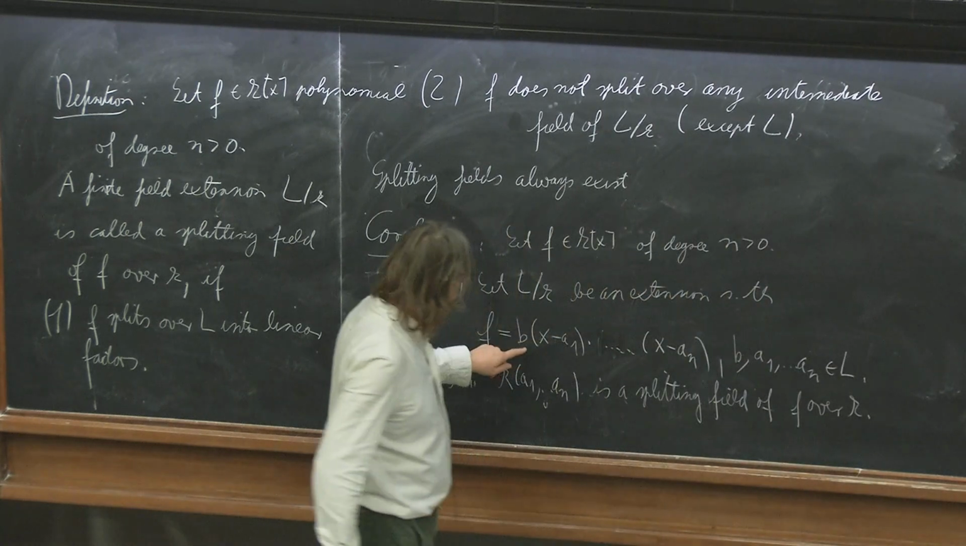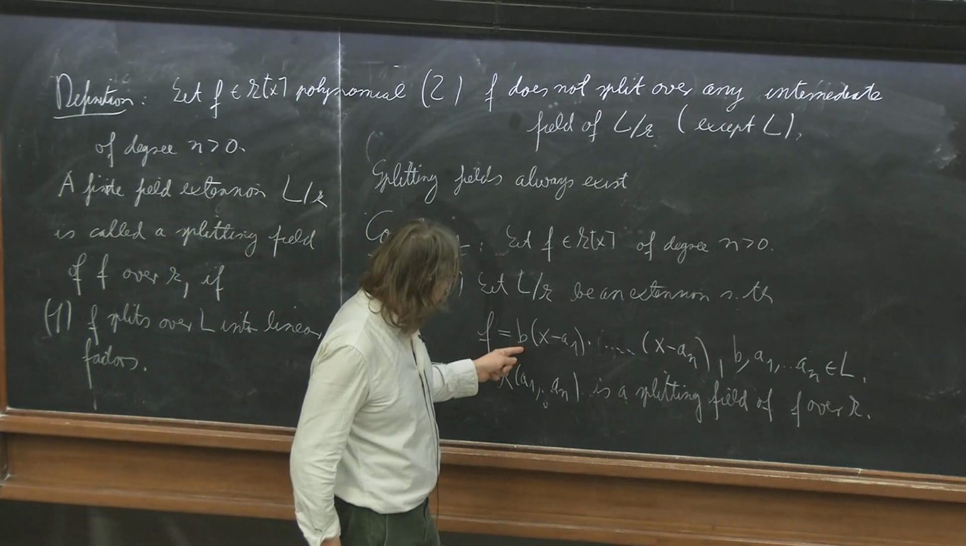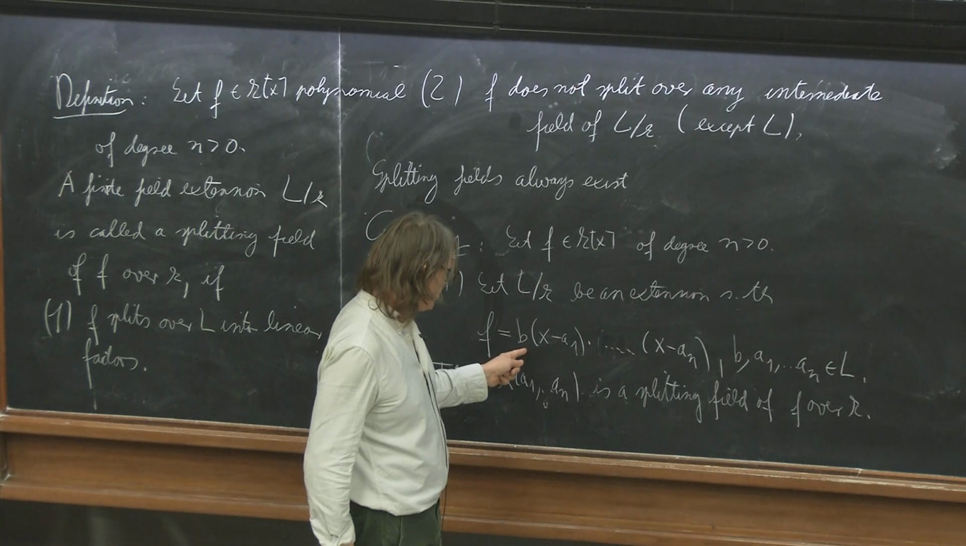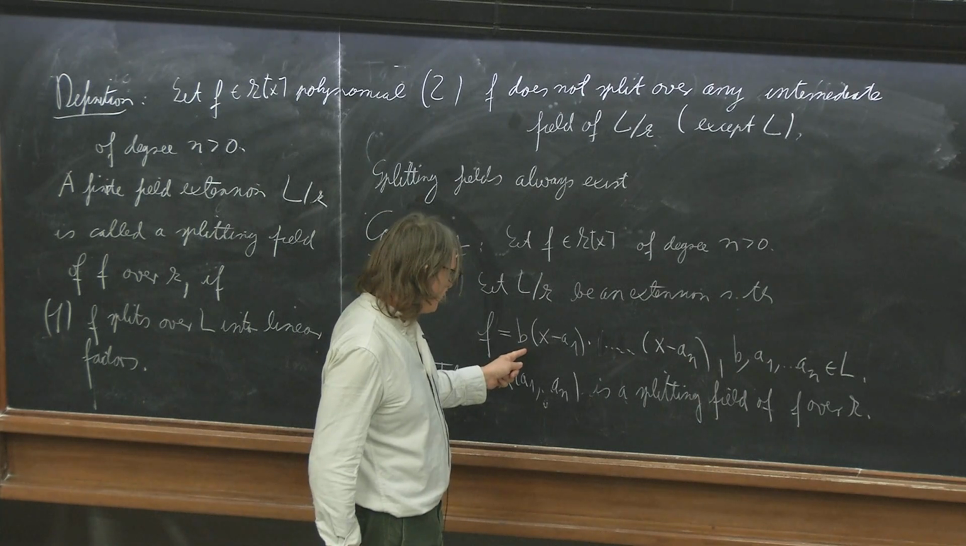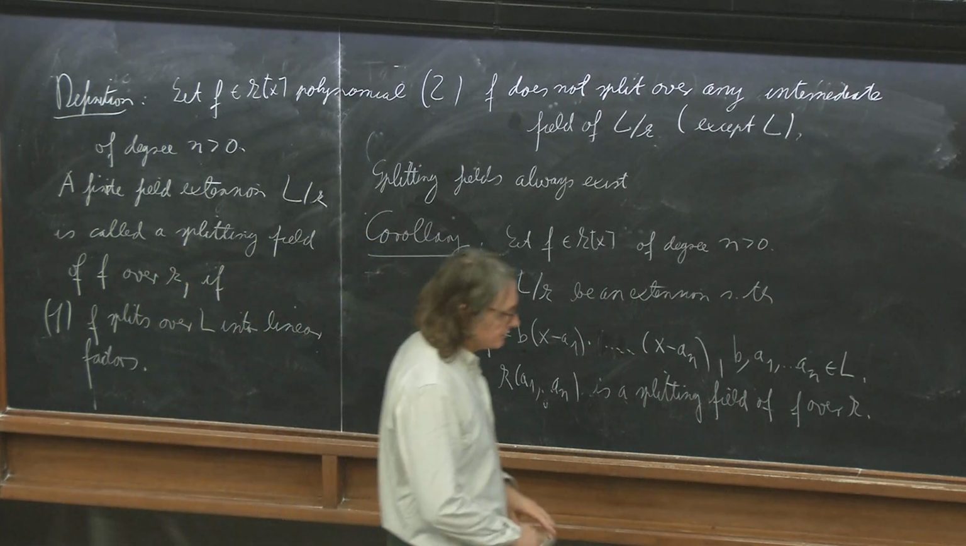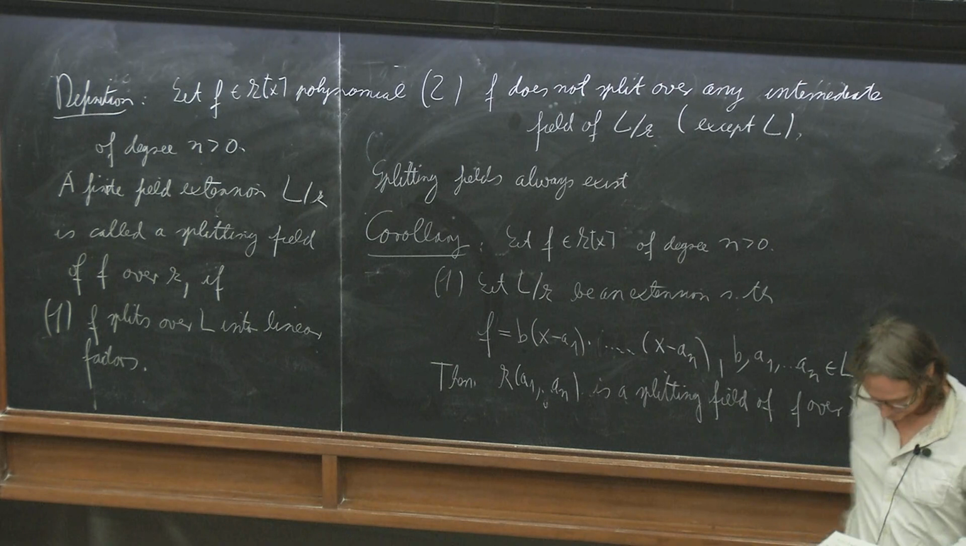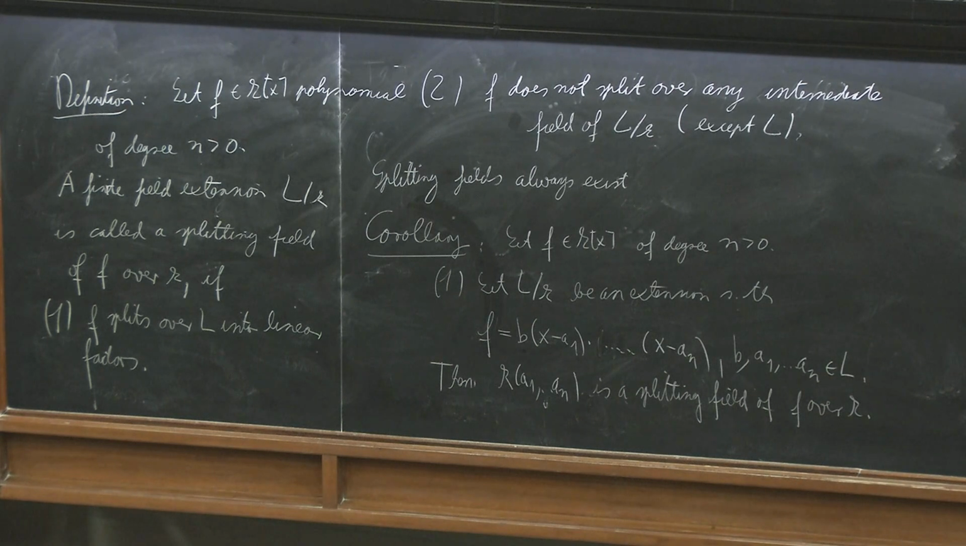Note I don't need the b because it is clear from the definition that b must already lie in K, because b is just the coefficient of f of x to the n. So the b plays no role here. And this is maybe the first statement, and second,